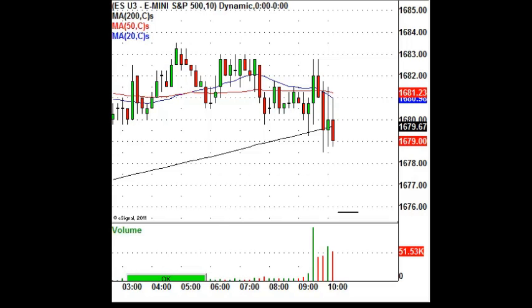We're not looking to get married to the S&P here or look for a 10-point move. The pattern that's on the charts just is not suggesting that. Sometimes you will look for bigger bounces depending on the setup. But right now, the setup I'm looking for is just a decline into this level, and then with the light volume, we should get some kind of a bounce. So we'll see if that does happen. Again, really just need a break of this low right here on a 10-minute close. We should get down there. I know it's taken a while, but